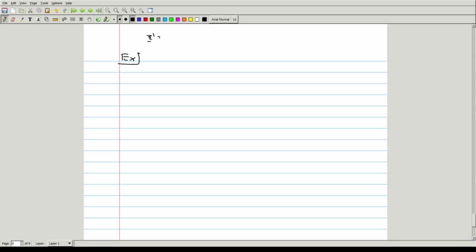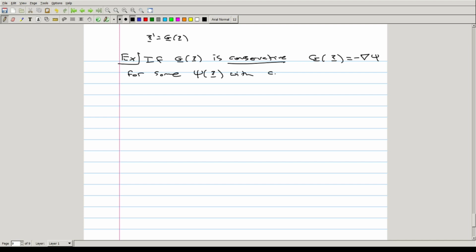So, where xi prime is g of xi, if the vector field g of xi is what's called conservative, that basically means that g of xi is equal to negative the gradient of some scalar potential function, some function psi of xi with continuous partial derivatives,